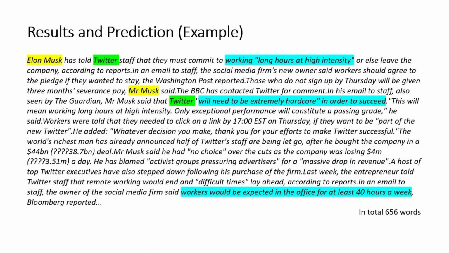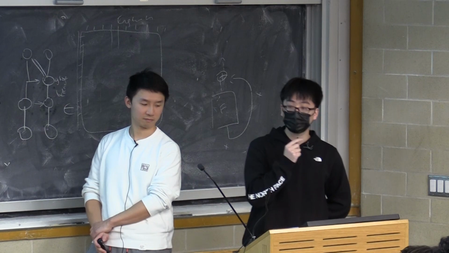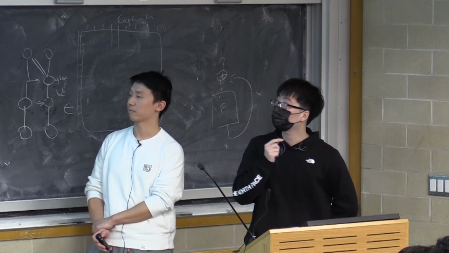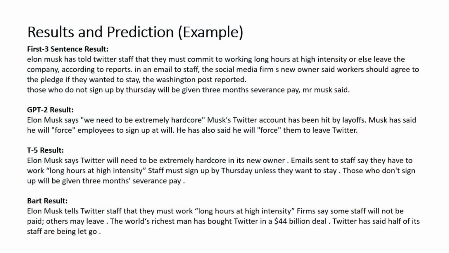Here is one example. This article mainly talks about Elon Musk. After he bought Twitter, he demanded Twitter staff to fully commit to working and follow some strict new rules. Otherwise, they will be fired. This article has about 650 words in total. And here are the outcomes of the